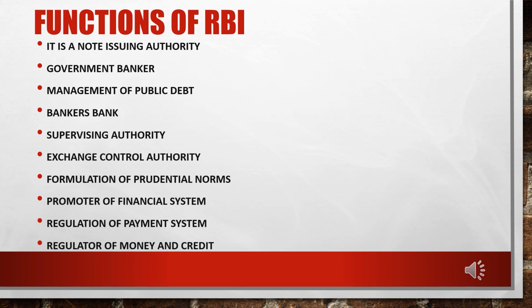It also has the responsibility to interact with financial bodies like the IMF, World Bank, Asian Development Bank, etc., for any kind of suggestion or functional relationship at the time of requirement. RBI has the authority to do that. It is also responsible for formulating prudential norms. RBI formulates various norms to create and maintain an efficient functioning of the financial system in India.